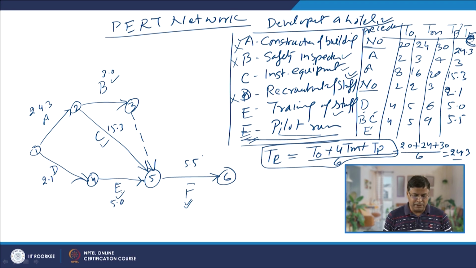So, based on this, now we will be determining the start and end of the activities. We know that the program evaluation and review technique is based on the probabilistic approach, where we do not know exactly the time required for completing the activities. So, there is no certainty. To take care of the probability aspect, we need to see how the probability of completing the project in a particular time can be calculated.